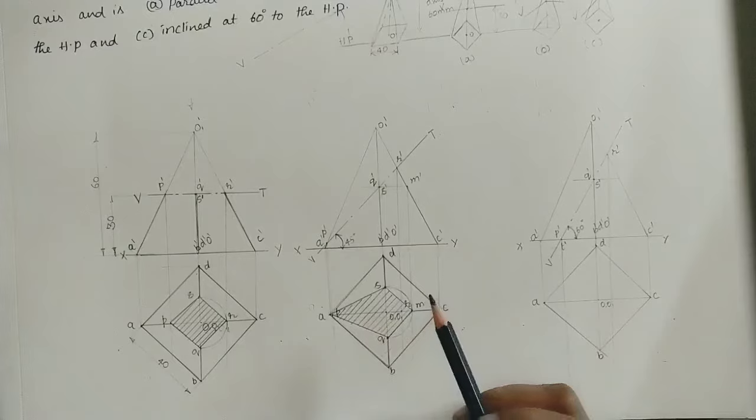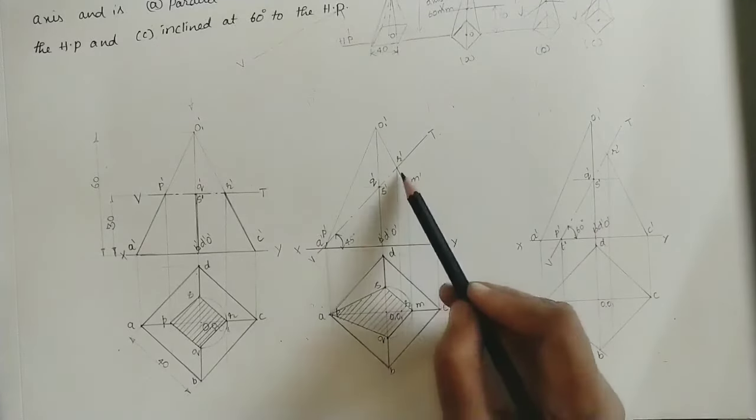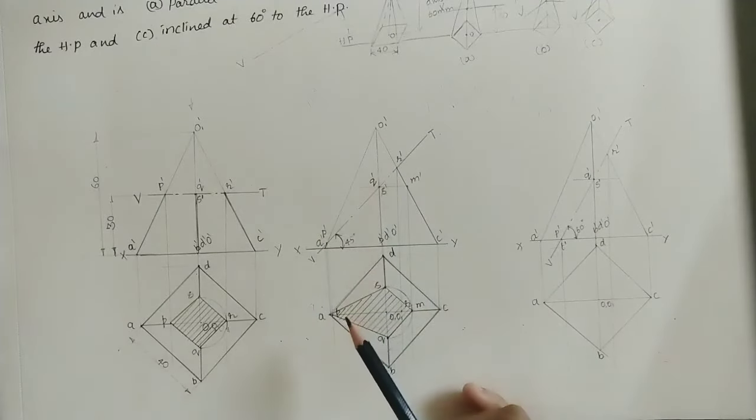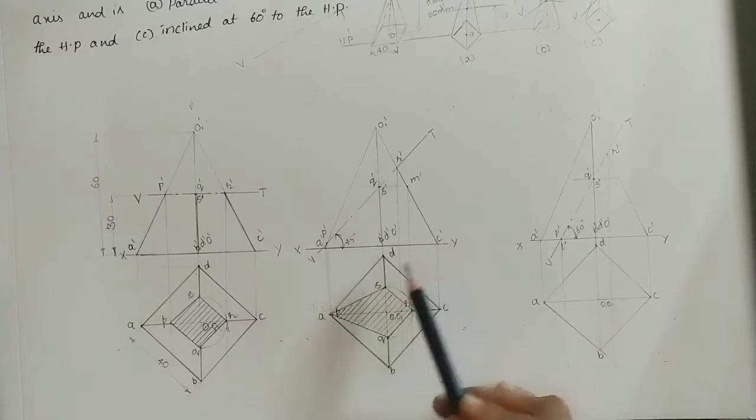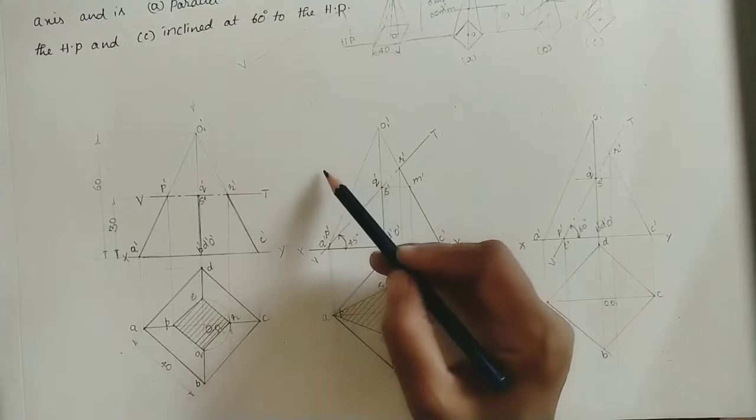Here this is the sectional top view. Here this cutting plane is removing this part, and the remaining part should be in dark color compared to this part. In the top view also, the entire base and then this hashed section should be in dark color. So after getting sectional top view, we have to do the true shape of this section.